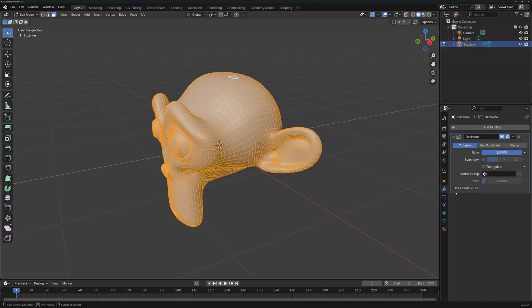If you take a look at the bottom here, you will see the face count. This represents the current number of faces on our object after these settings have been applied. You will also note that in unsubdivide and planar, we can also see the face count. So this is the one thing in common between these three methods of the Decimate modifier. If I click and drag on the ratio,